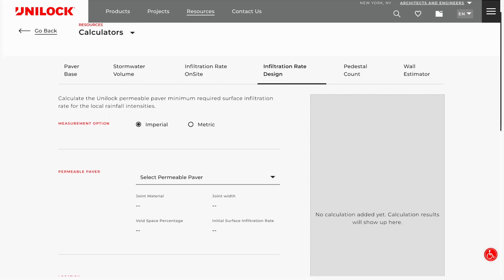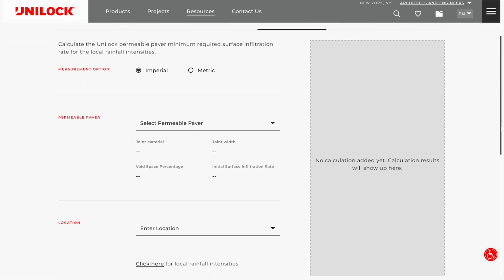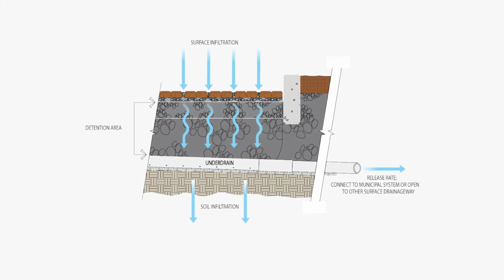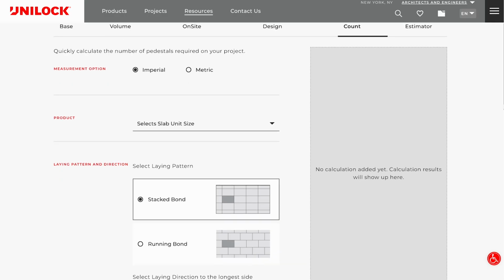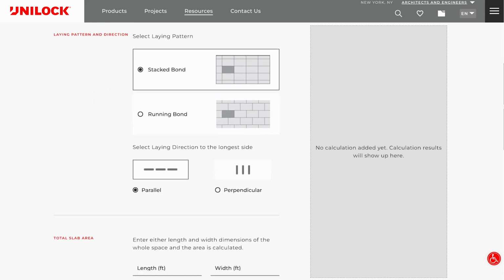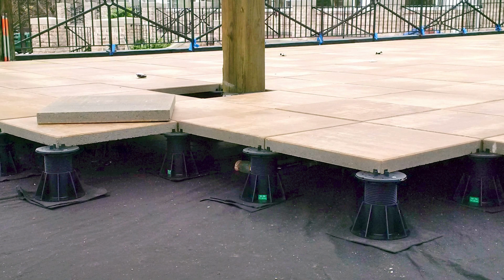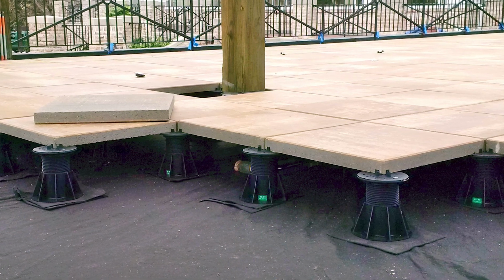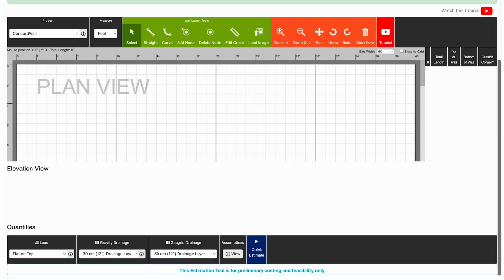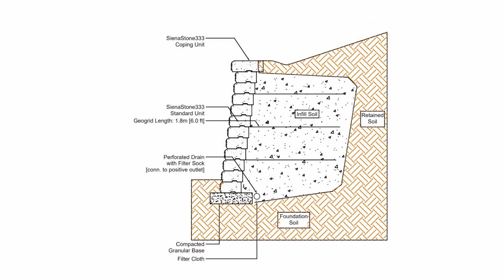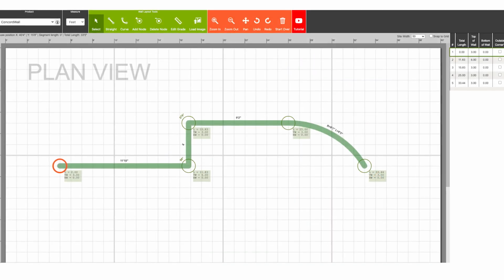The infiltration rate design calculator determines the minimum infiltration rate based on rainfall intensity in your region for select Unilock permeable pavers. The pedestal count calculator will quickly assess the number of pedestals you will require for a project with elevated slabs. And the wall estimator allows you to easily plan your retaining wall layout from a bird's eye view, providing information on square footage, quantities, and cross-section layouts for your